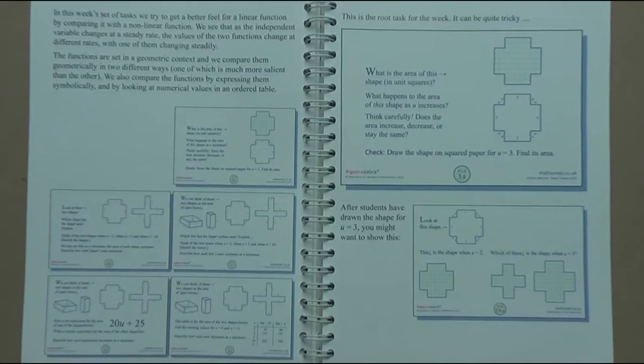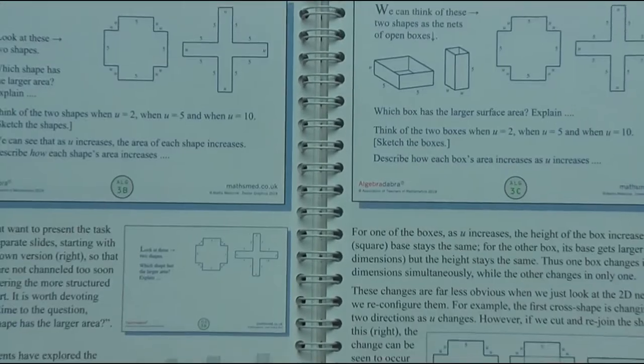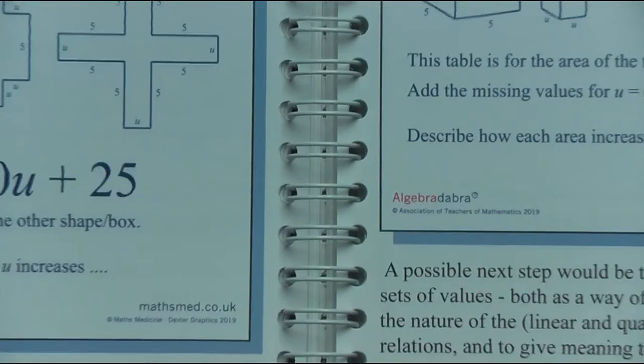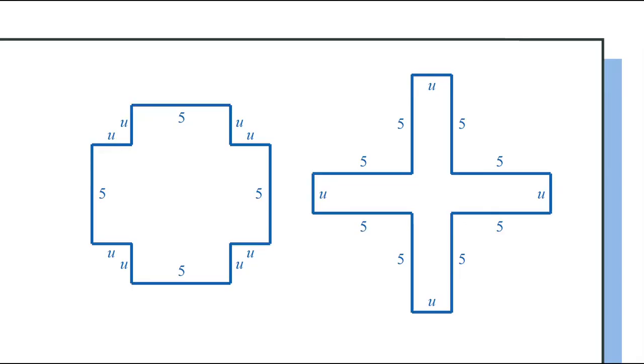This is an introduction to the Week 3 set of Algebradabra tasks. The tasks focus on the notion of variable and should help students develop a better feel for the nature of a linear function by comparing it to a function that turns out to be quadratic. We use a geometric context in the form of two cross shapes, some of whose edge lengths are dependent on